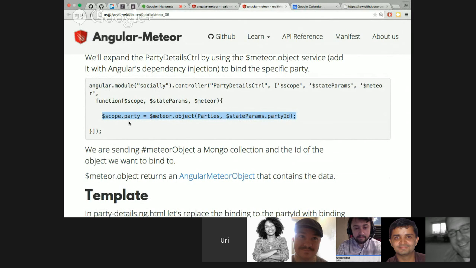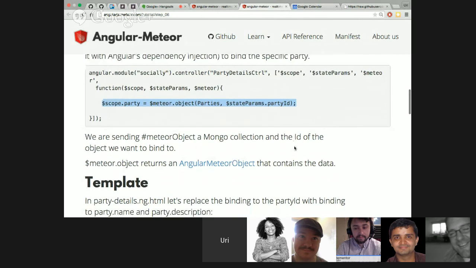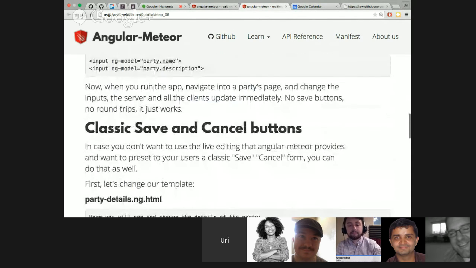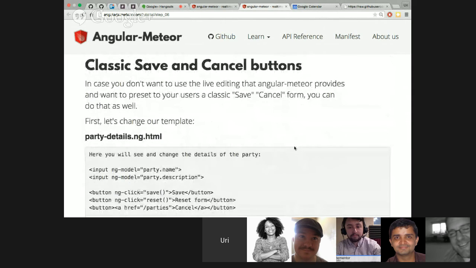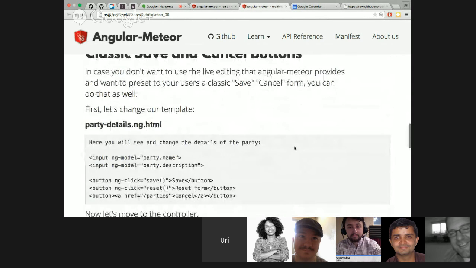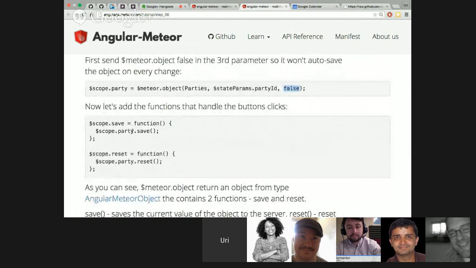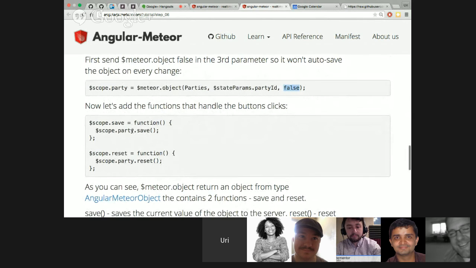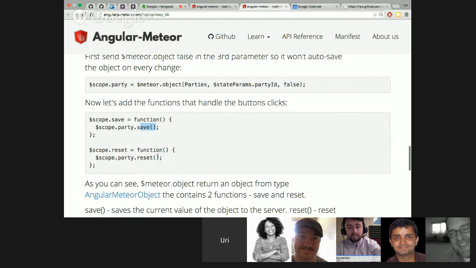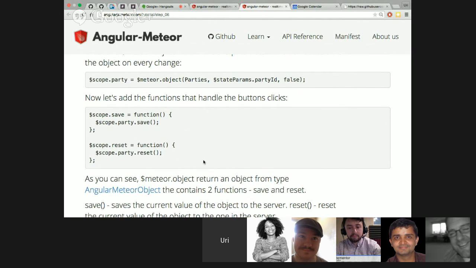But again, like with the collection, you can send a flag, and then it works just like update explicitly. So if you have a form, like a classic form with save and cancel buttons, you send a flag, and then you're not watching over the Angular changes, just the Meteor changes, and then you can explicitly call save. And also, I've added a function called receipt, that just receipts the client-side party from the server, and it will just receipt your form. So it makes working with forms very easy.